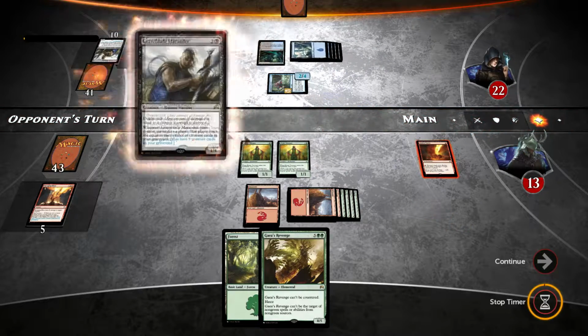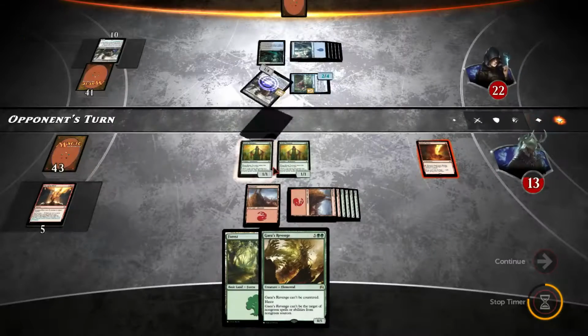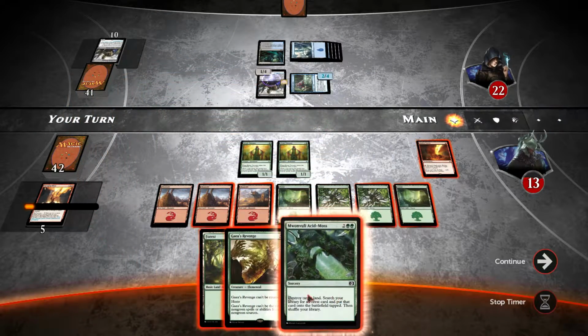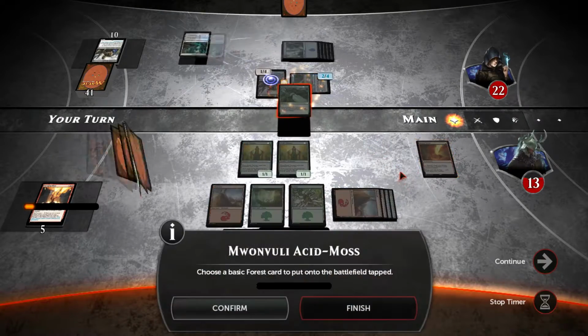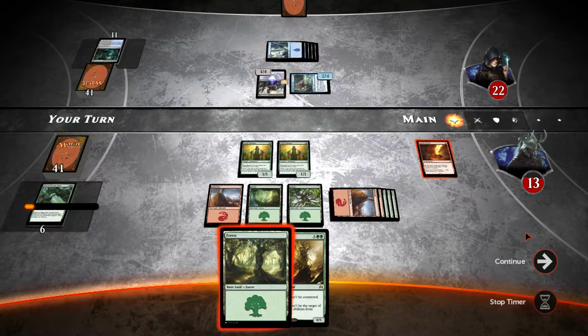So is he dropping anything? Oh, you've got to be kidding me! Another Graveblade Marauder. Well, that was my Gaea's Revenge plan scuppered there. Ooh, Mwonvuli Acid-Moss. That's interesting. It doesn't really help, but so choose a land to destroy you. So we get an extra mana in play. Fortunately, we don't get it on our hand, but...